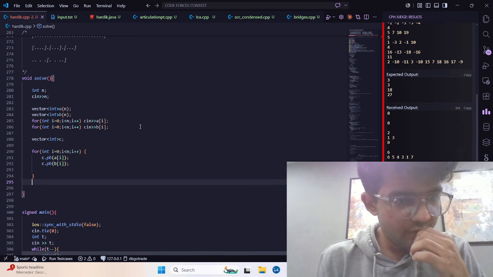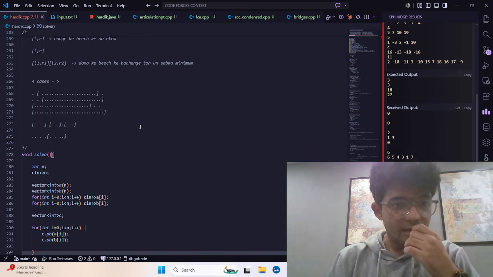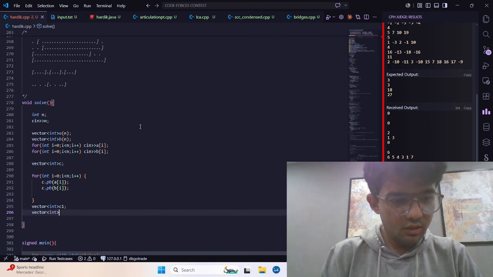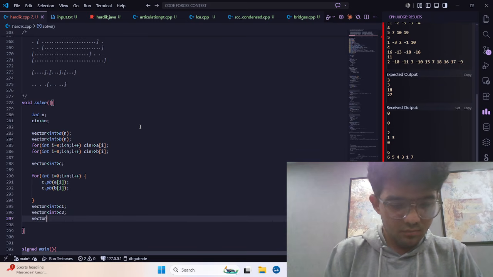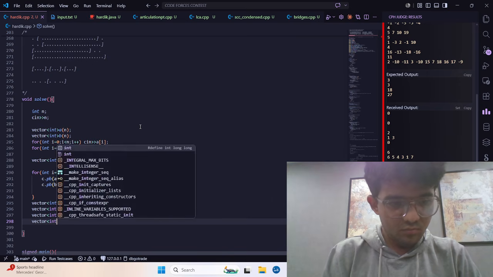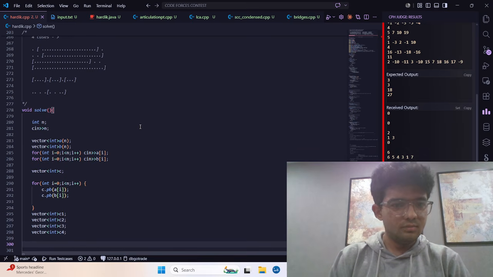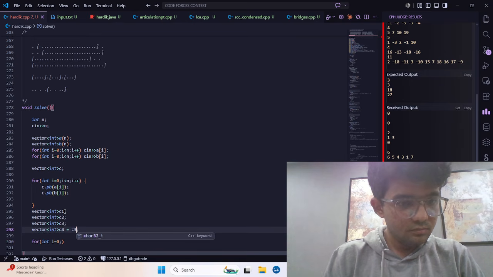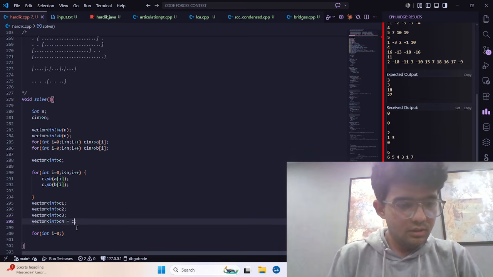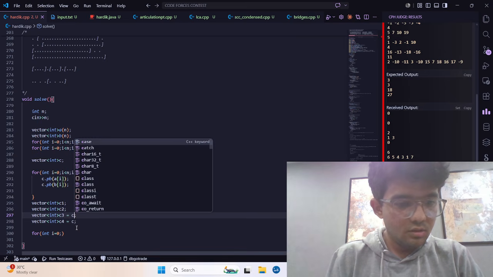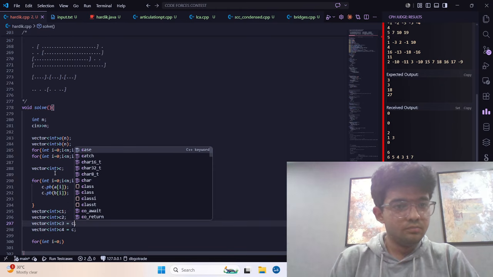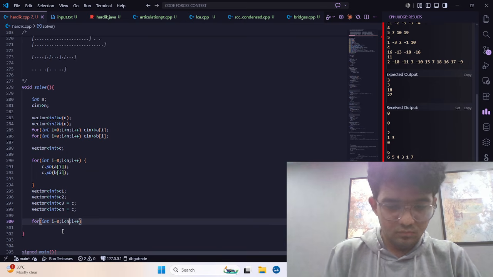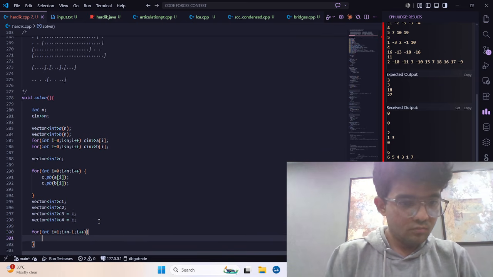C push back A of I, C dot push back B of I. ठीक है, अब I will make case 1, vector int C1, vector int C2, case 4, case 4 में तो कुछ भी नहीं है, for int I equal to 0, C4 is equal to C3, case 3 is equal to C, बीच के दो है ना।